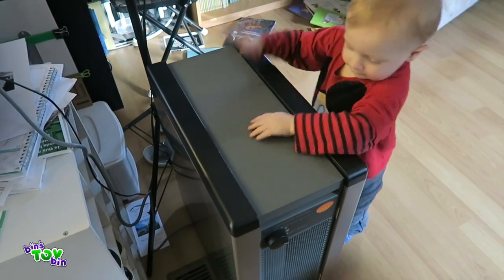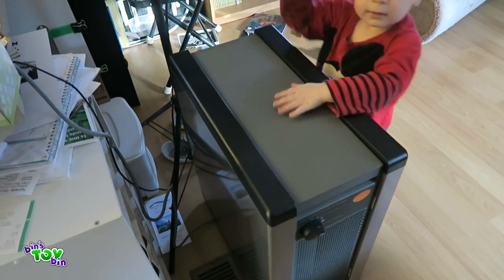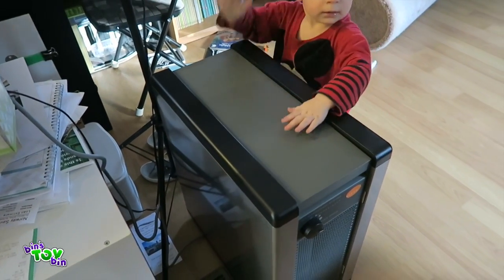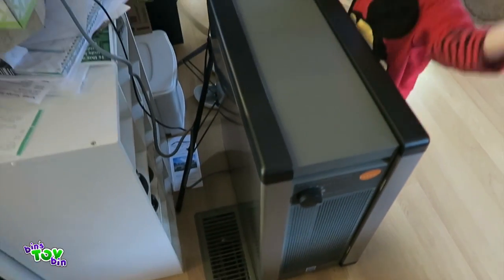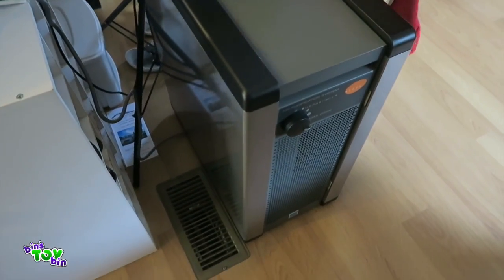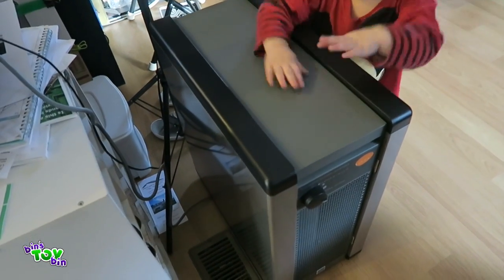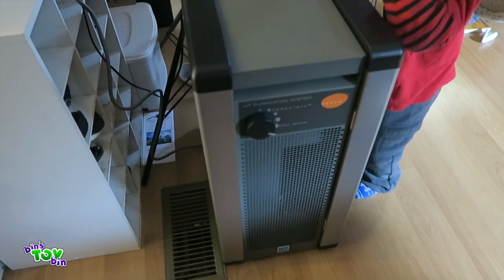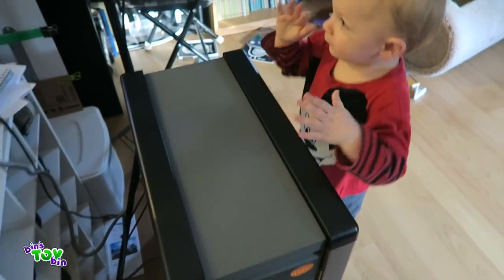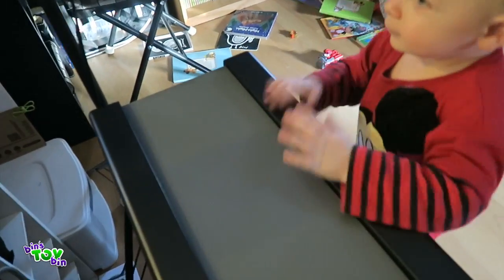So it is Wednesday, and Teagan here is showing off the newest addition to our living room. This isn't the permanent location for it, but we have a big fancy new air purifier for our house. Yes, we have this one in the living room that should do the whole house eventually, and there's a smaller one that's just in